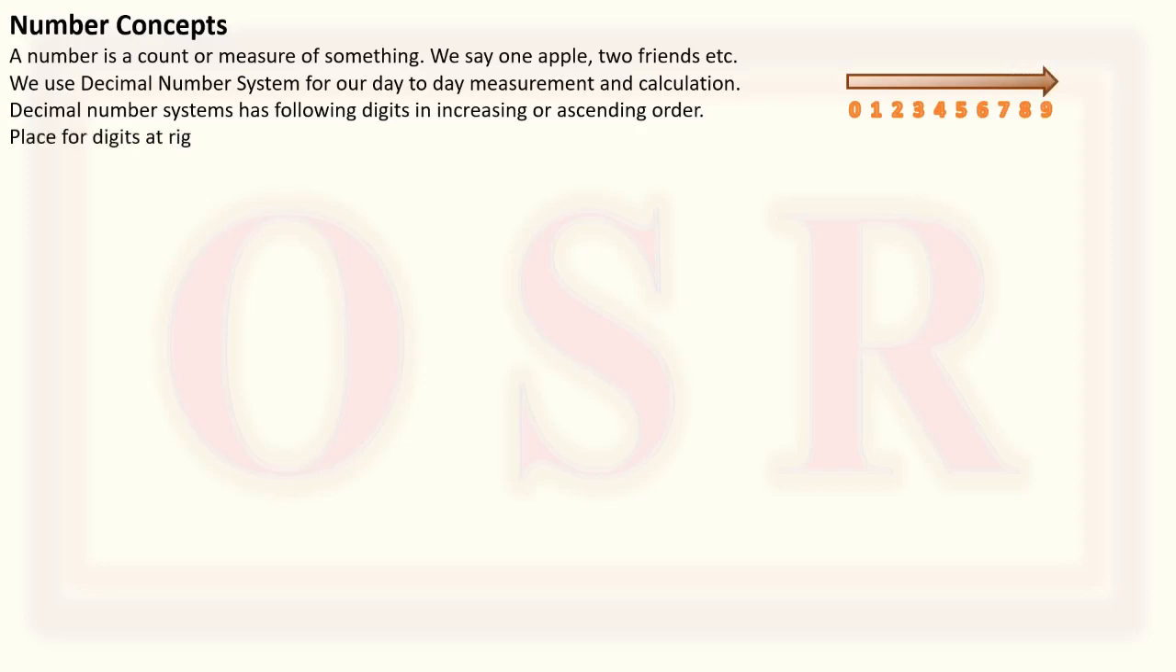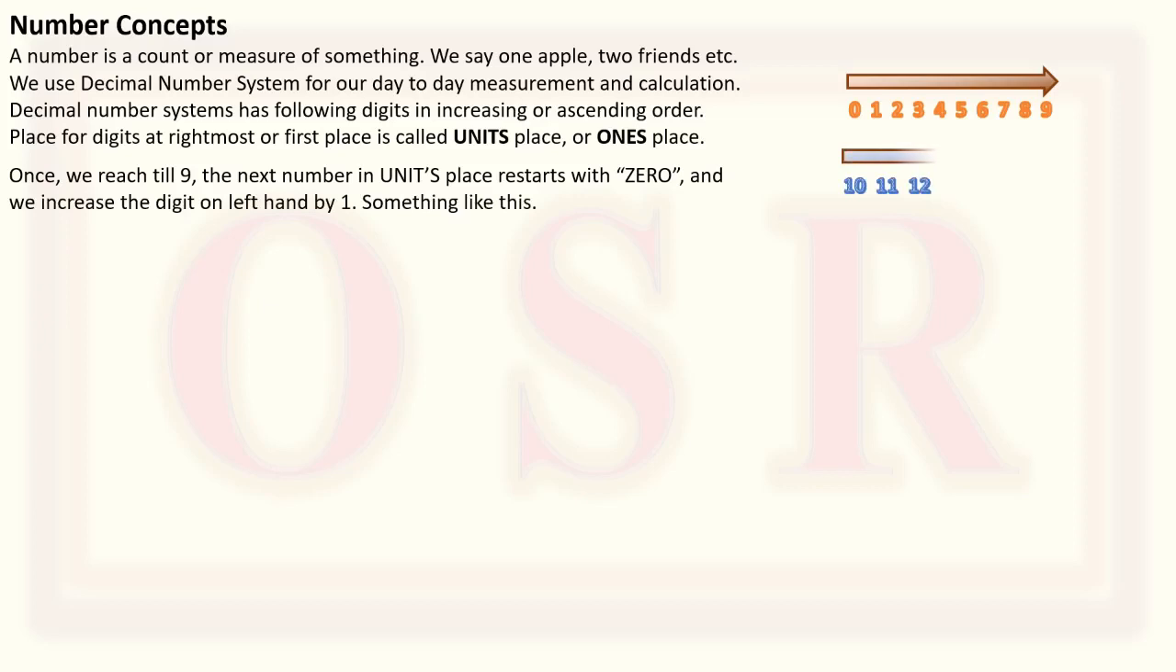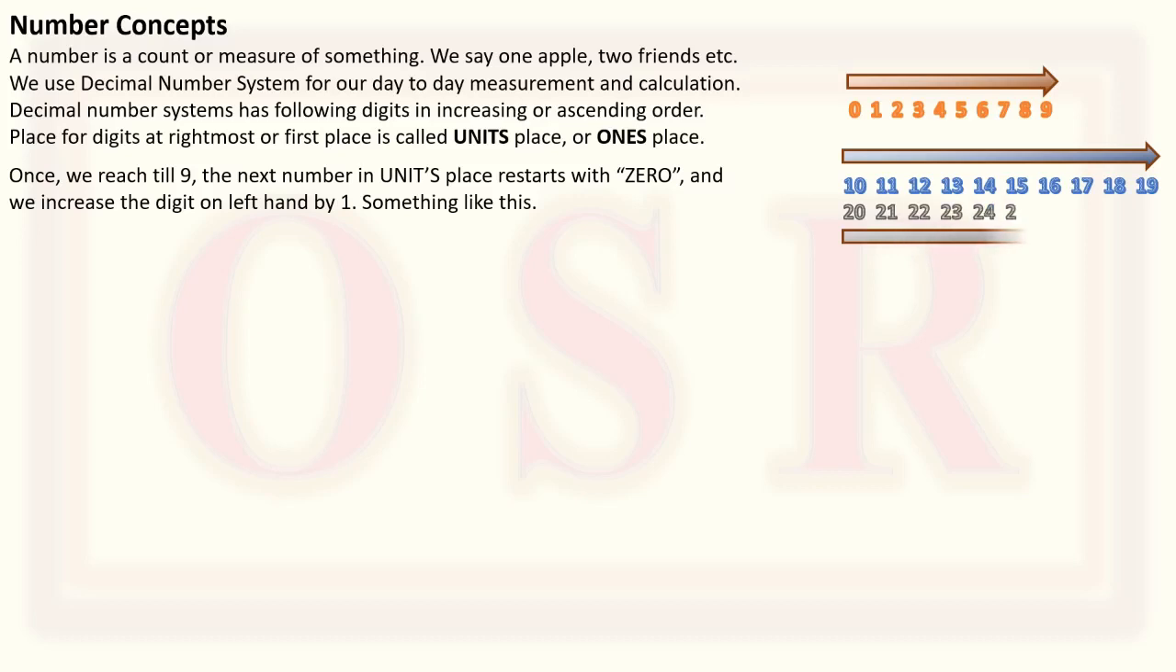Place for digits at rightmost or first place is called units place or ones place. Once we reach 9, the next number in units place restarts with 0 and we increase the digit on the left hand by 1, something like this. So it becomes 10, 11, 12, 13, 14, 15, 16, 17, 18 and 19. Then again, since it has reached 9, the next number is 20, 21, 22, 23, 24, 25, 26, 27, 28